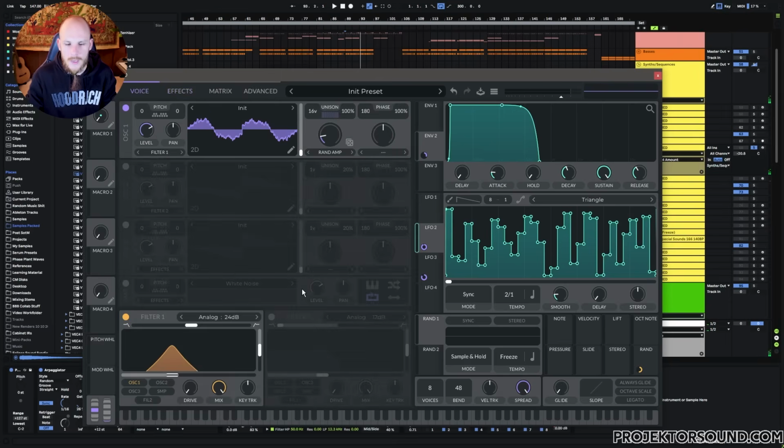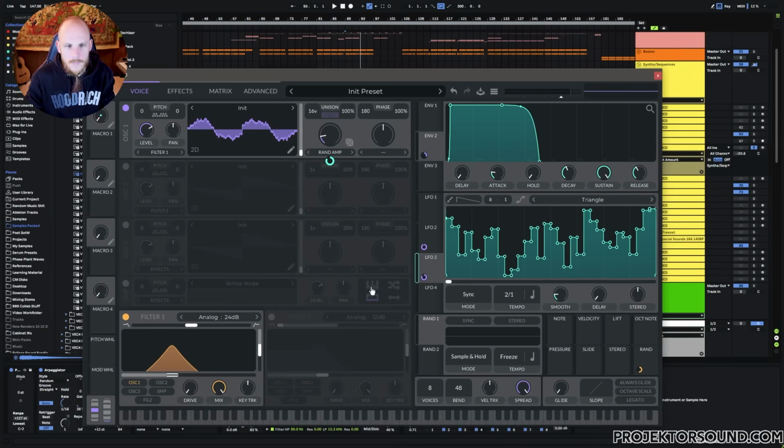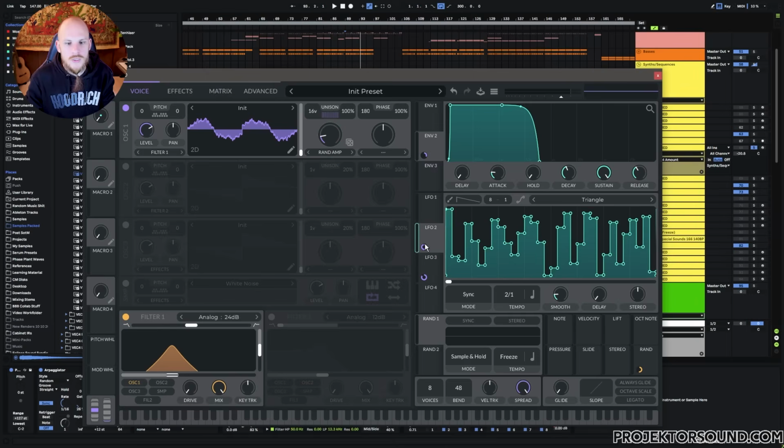We're doing some really cool atonal stuff over here, specifically with the random amplitude, which is a very precise thing that Vital can do that not any other synth that I've seen or used can do. We have a modulation on that, and then we also have a modulation on the detune range, which is